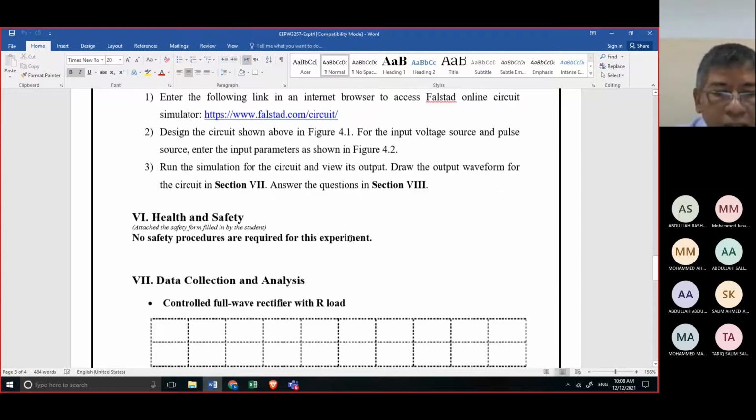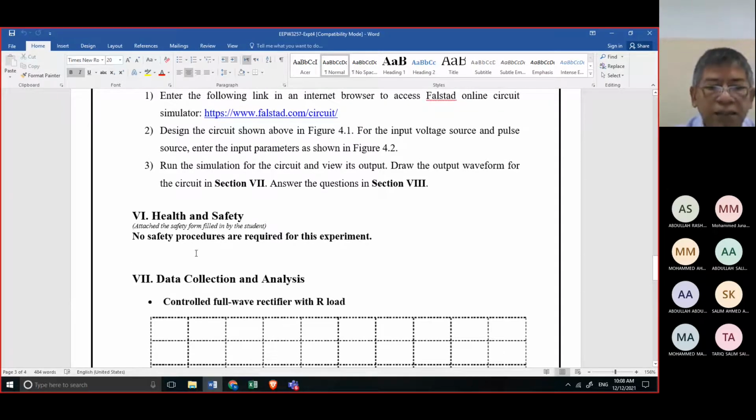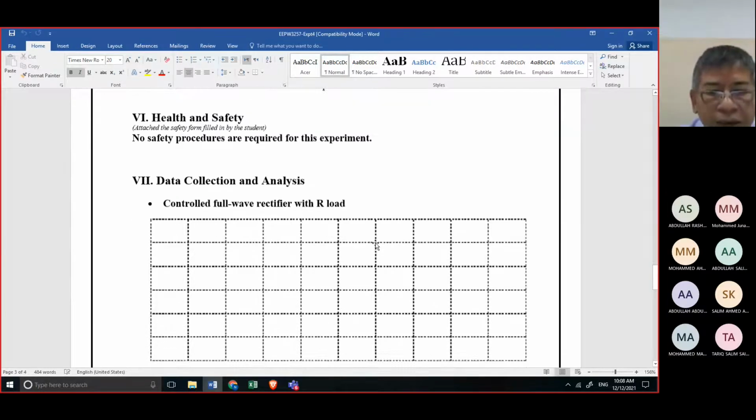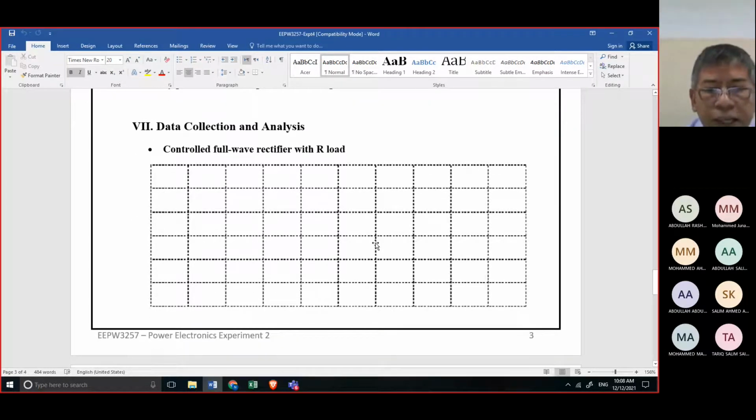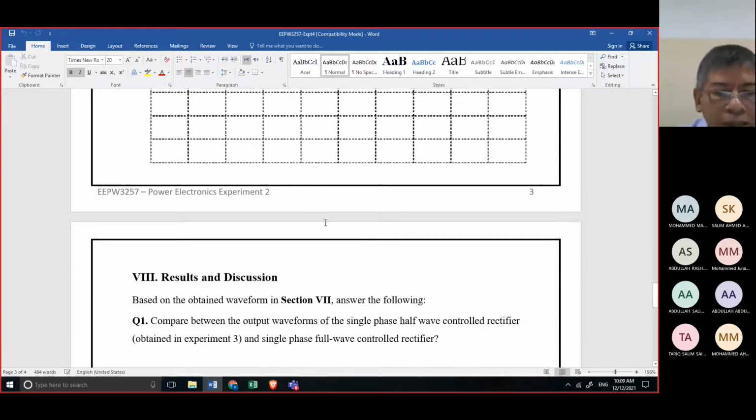half wave rectifier. About health and safety, no safety procedures are required in this experiment because we are using Falstad, a simulation setup of this experiment. What is important for me is to see if you really understand the input and the output waveform of the full wave rectifier with R load, or the resistive load.